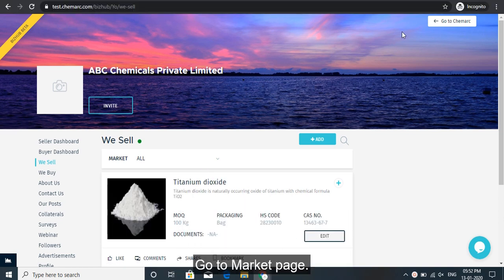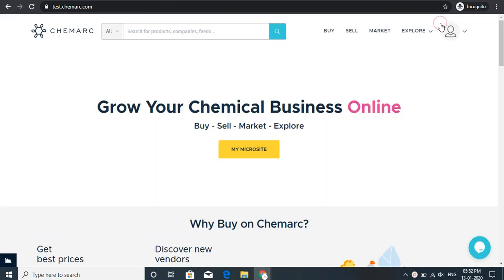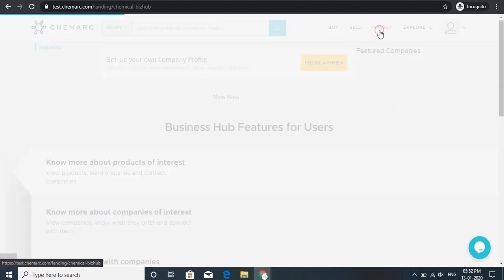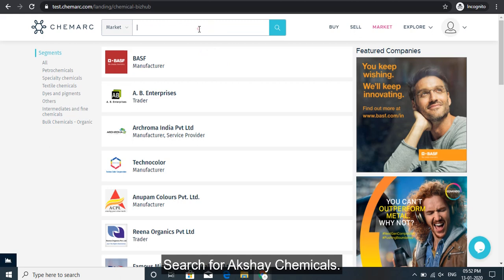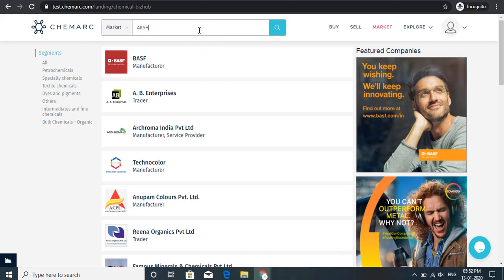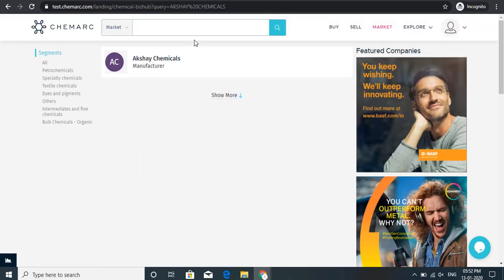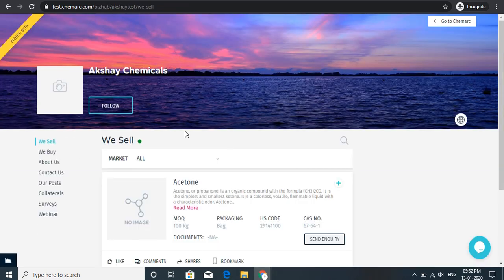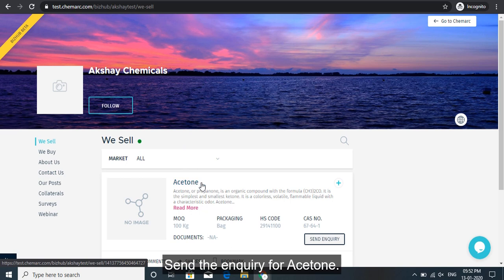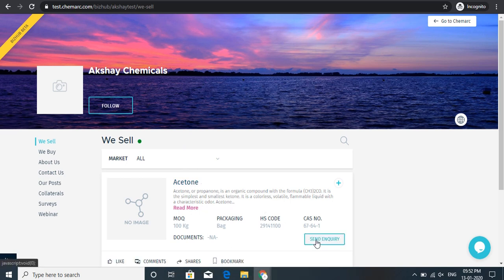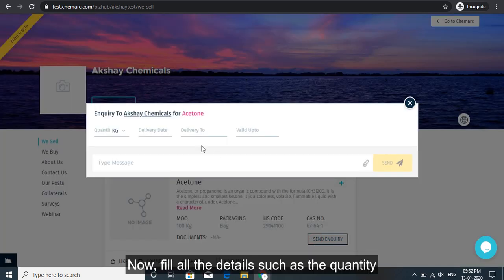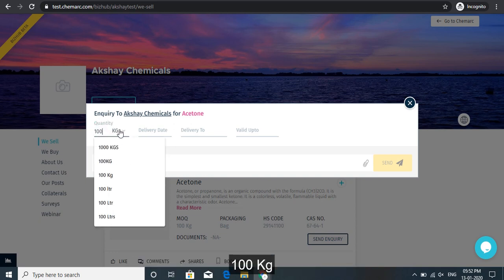Go to market page. Search for Akshay Chemicals. Send the inquiry for acetone. Now fill all the details such as the quantity, 100 kg,